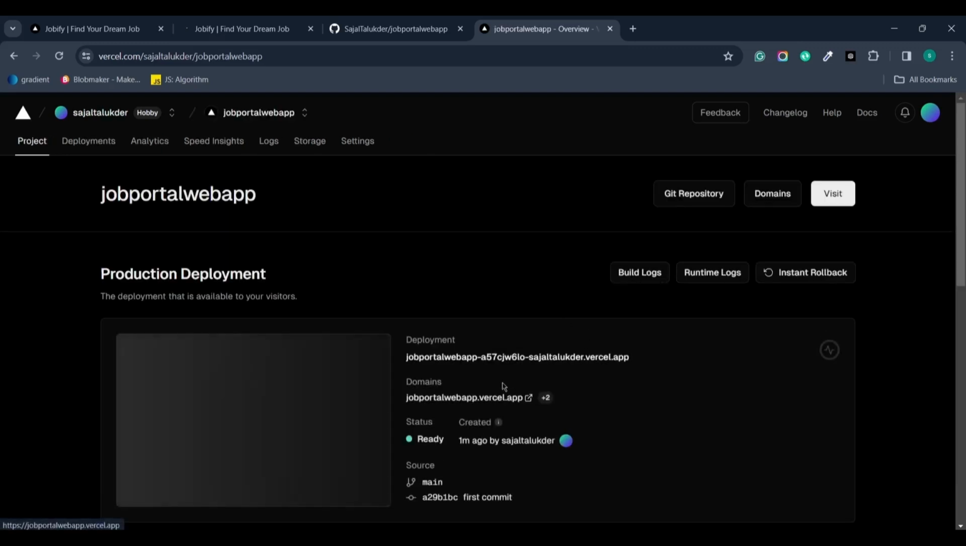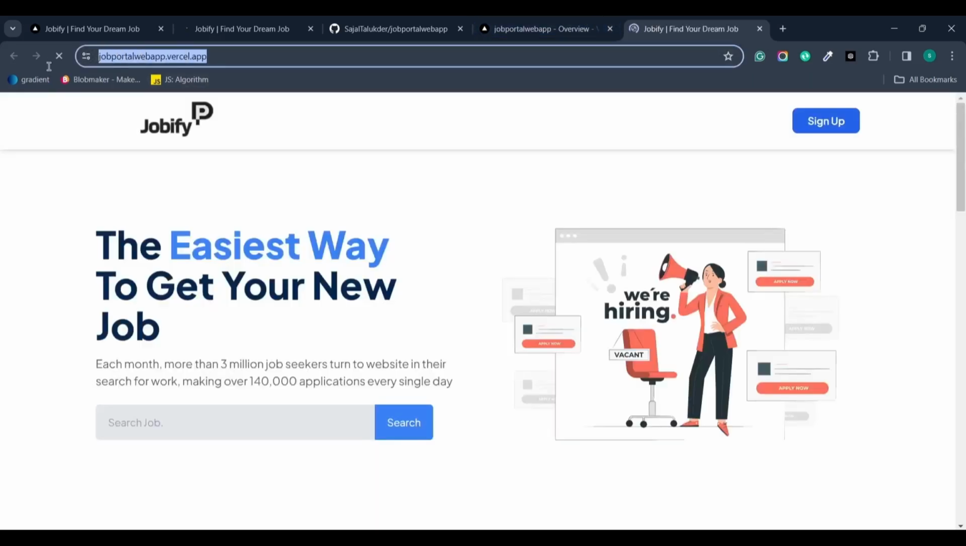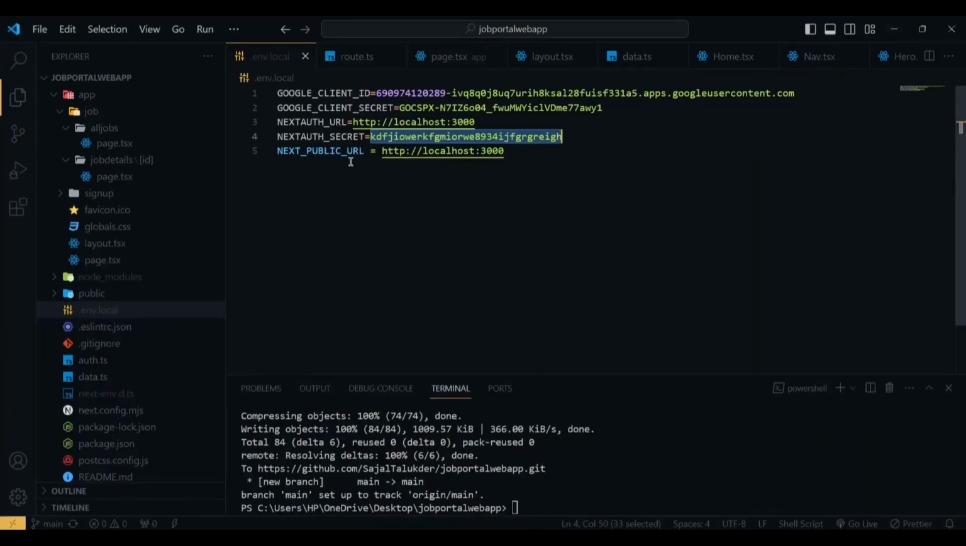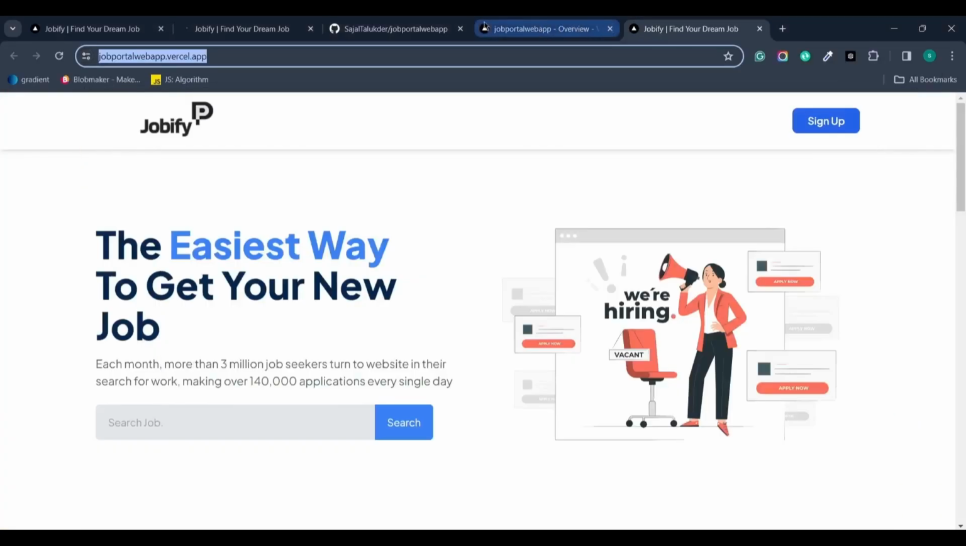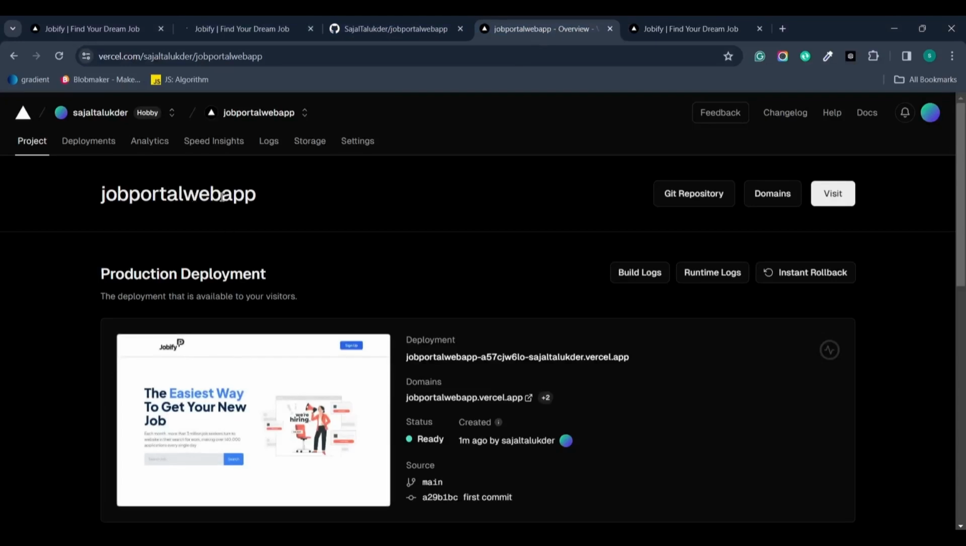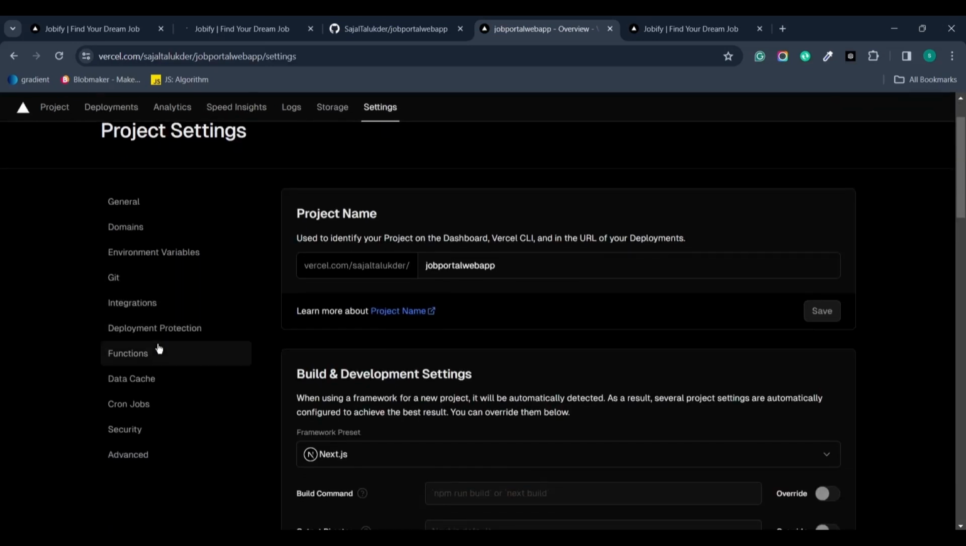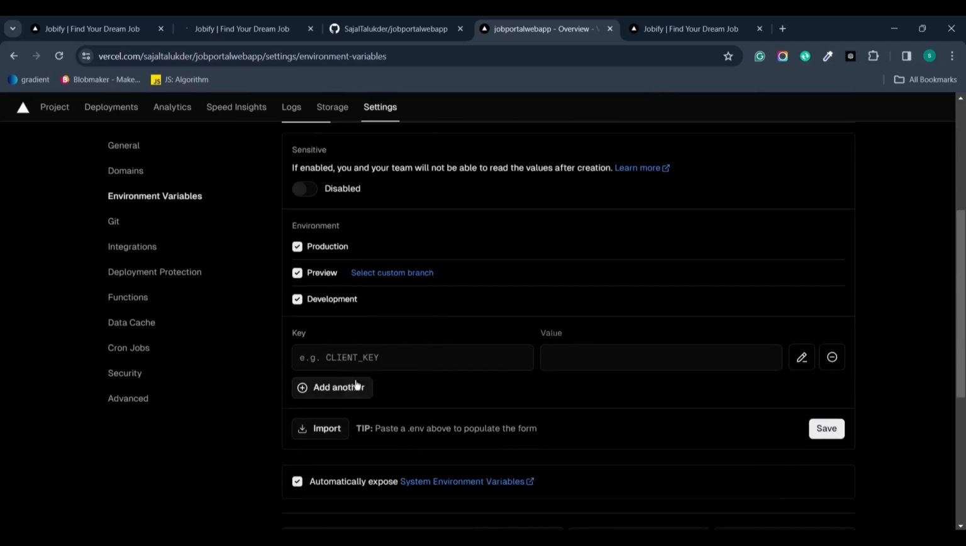So here we have our domains. Now click here, and now copy this. So this is our next public URL now. We have to give this as an environment variable for this project. For this, I'm going to open the settings, and then here we have the environment variables, and then I'm going to add